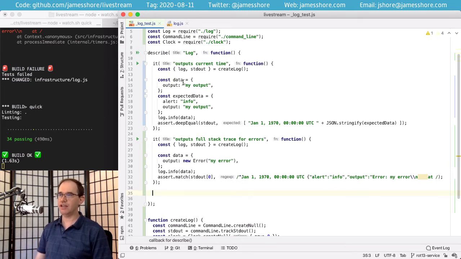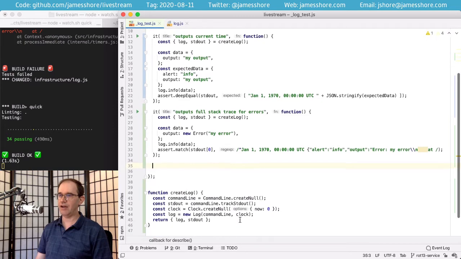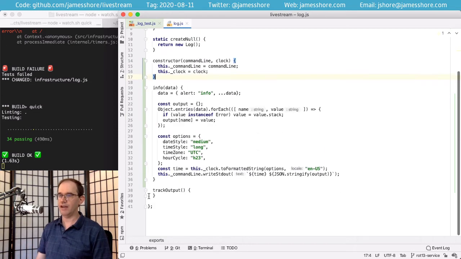And just like you're seeing here for our standard out, we can track the standard out and then return it, and then we can make assertions on it. We're going to want to have a similar capability in our log. In fact, I've already stubbed it in right here. Now, I mentioned before that high-level infrastructure wrappers are just like normal infrastructure wrappers in that they hide the implementation details.